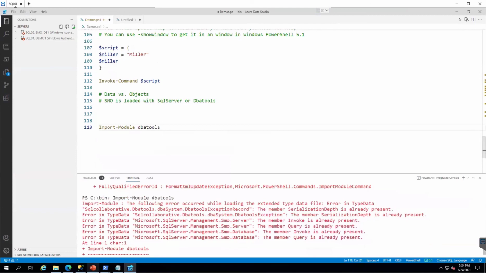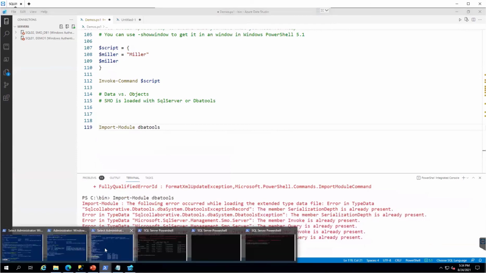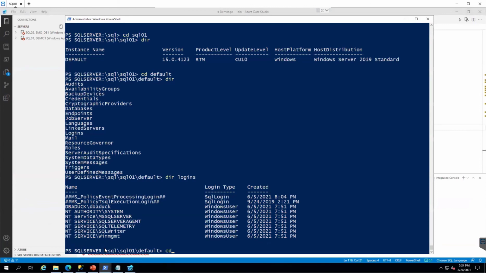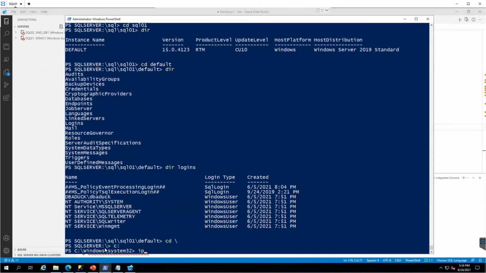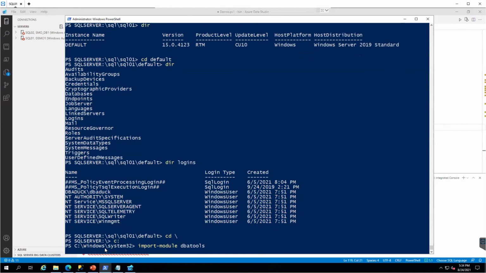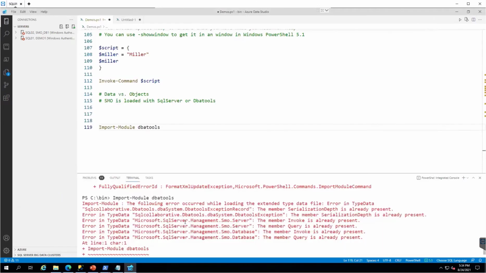It shouldn't, because I should be able to just import module dbatools. This is a new demo machine, and Azure Data Studio has some new functionality. This may be a function of the new version of dbatools that I downloaded, 1.1.12. Shouldn't do this, but it looks like it